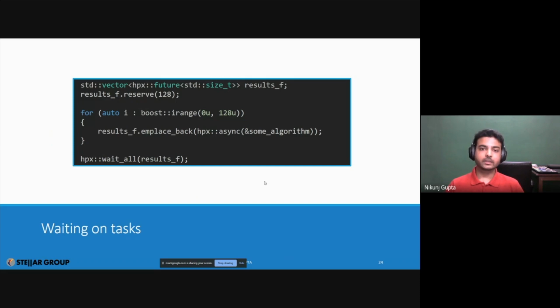And as for example, let's consider more examples now. Let's say you have a vector of futures, results future, and you create new tasks on that. You push back tasks to that vector of futures, and you want to wait once all of those tasks are ready. What do you do? You use a wait_all API and pass that vector to that wait_all, and things will work for you. It will wait until all of those results are ready. Once they are ready, it will stop blocking and it will execute the next instruction.